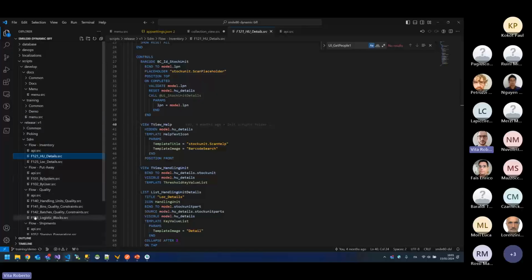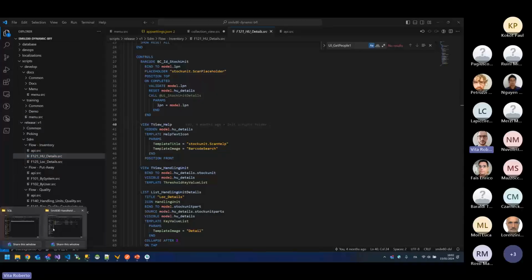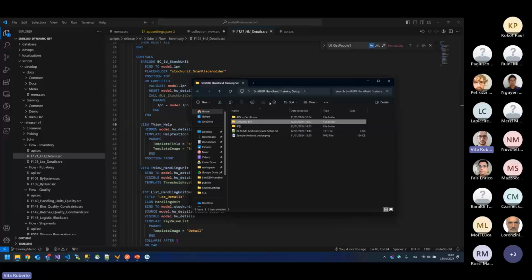If you can this week, try to set up the zip package I gave you in the chat, and try to see if everything works fine. Try to understand the examples and the syntax. And next Monday,